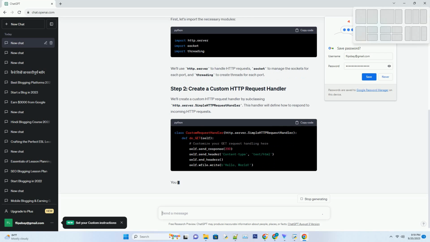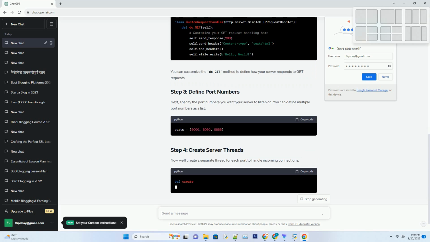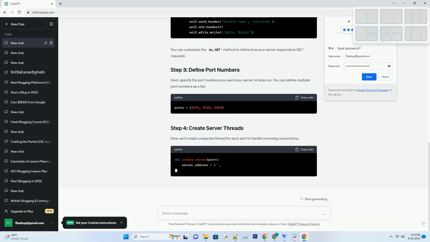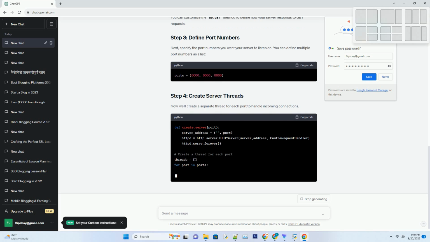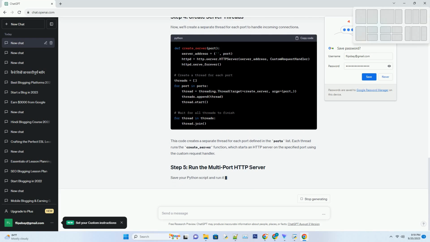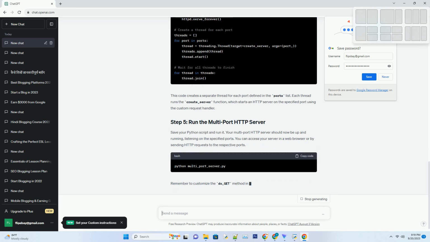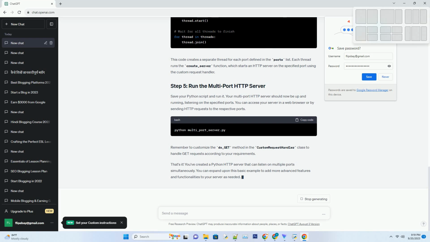To achieve this functionality, we will use the http.server module in combination with the socket and threading modules to create a multi-port HTTP server. Note, this tutorial assumes you have basic knowledge of Python programming. Before we begin, make sure you have Python installed on your system. You can download Python from the official website,